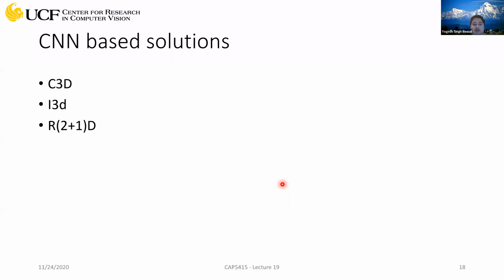Now let's talk about three different architectures which were initially proposed to solve the task of video classification, which can be action recognition as well. Now they are also used for extracting features from the videos. The idea here is that once you have these networks trained, if you apply them on any new videos, they can give you very interesting features which you can use for many different problems. It doesn't have to be just action classification or video classification. Okay, so let's go through each of these networks one by one.